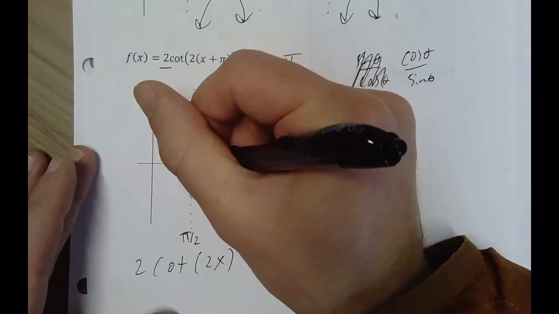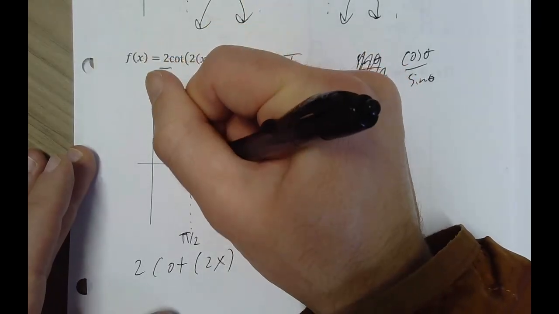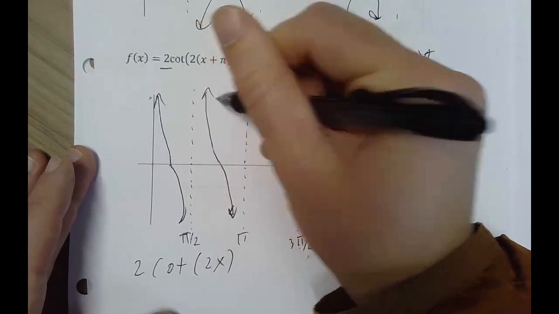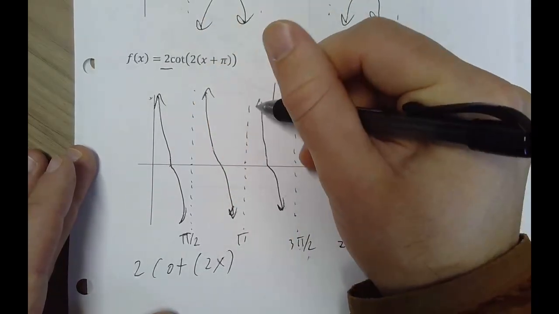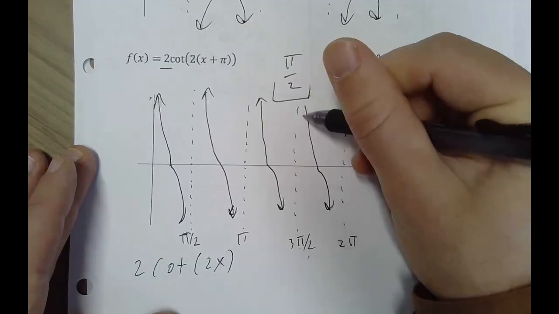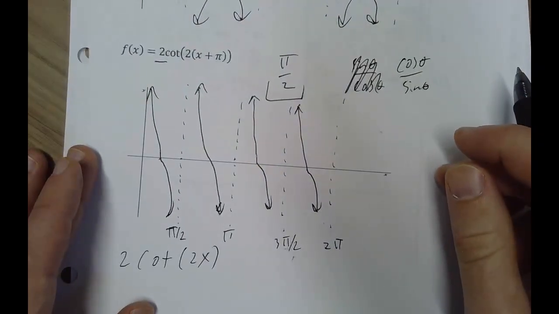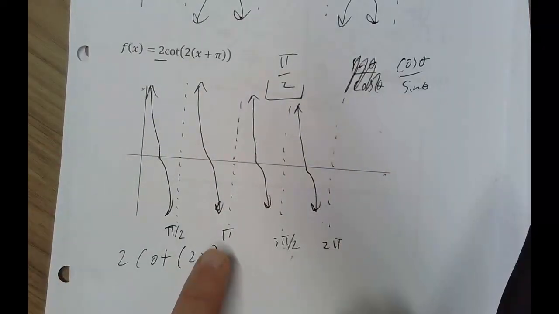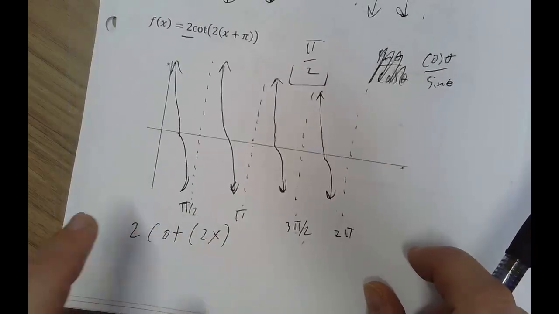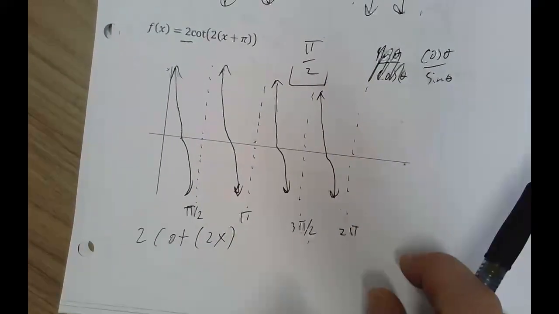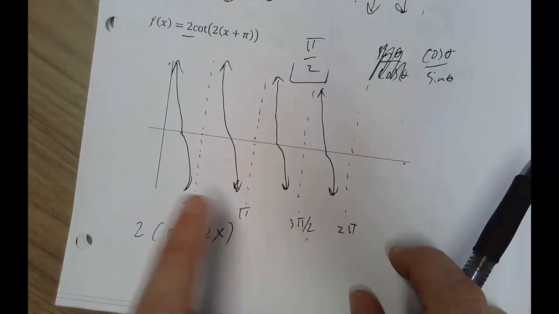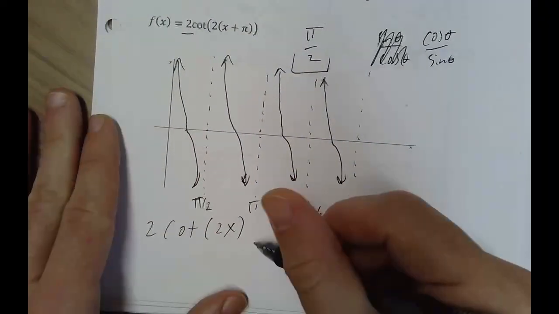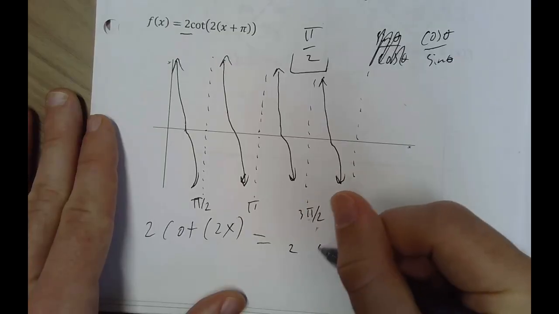And the way it'll look is, because it's cotangent, it'll be going down, and it'll be a little bit steeper than normal, right? So something maybe more like this. It doesn't have to be perfect. Okay, clearly not perfect. So if we then shifted this pi to the left, that means that this asymptote is now going to be here at 0, and this asymptote would now be here, and this asymptote would not be here. Because it directly aligns where another asymptote is,